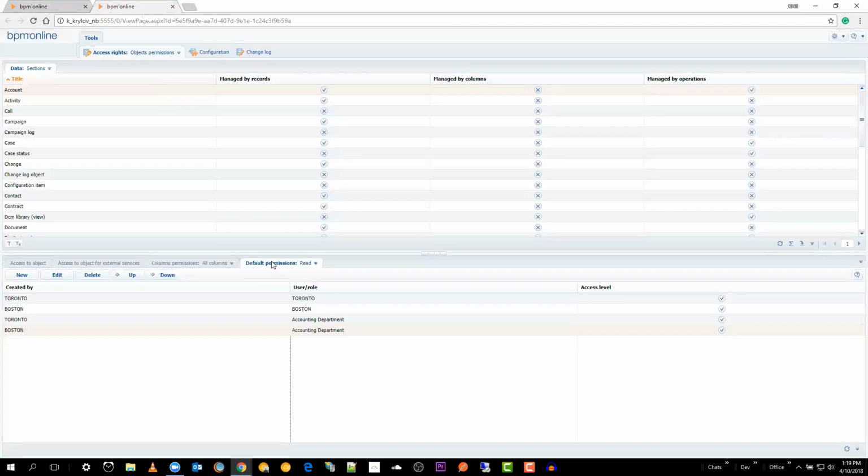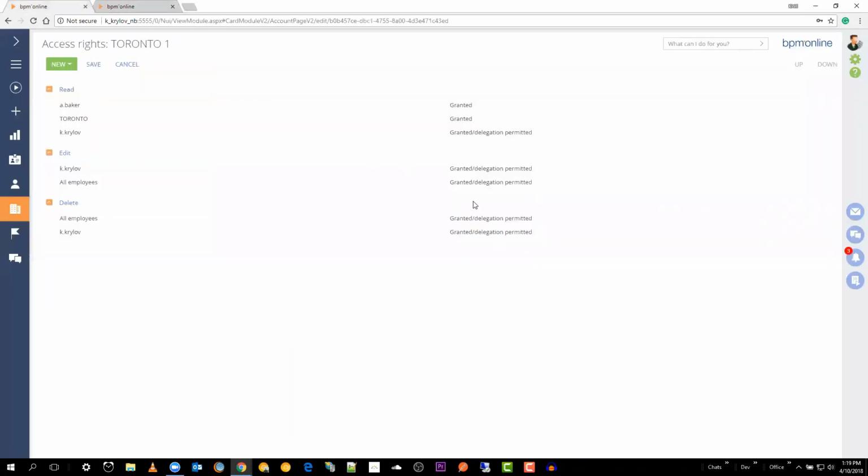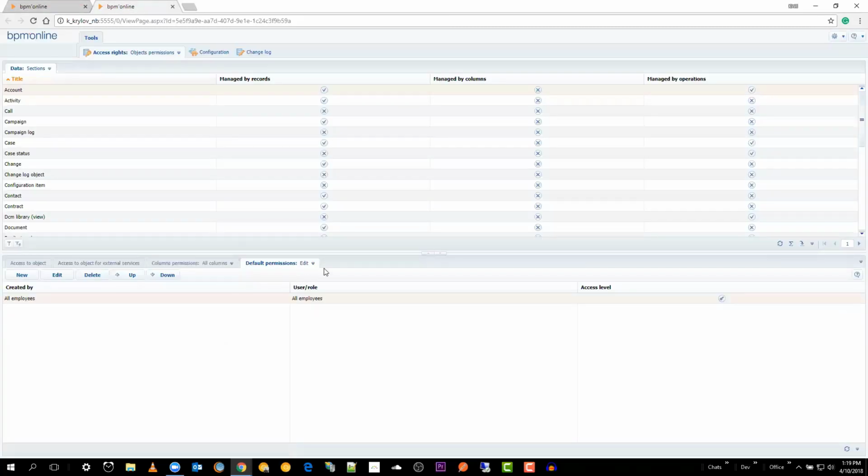We find ourselves in the default permission on the read operation here. If we check down to edit, we have the edit rules that will apply to the edit section, so whether or not we can edit the records. And then the deletes, similar. We say that all employees can delete, but we probably don't want to allow all employees to delete. So we'll modify it. We'll probably create some sort of a delete allowed group, and then we will closely monitor what's being deleted and when it's deleted, since we don't want the records just to kind of go